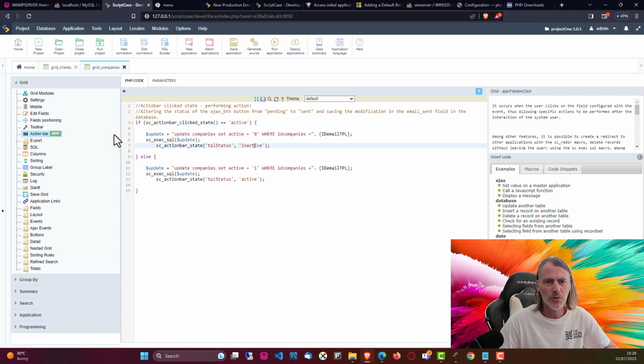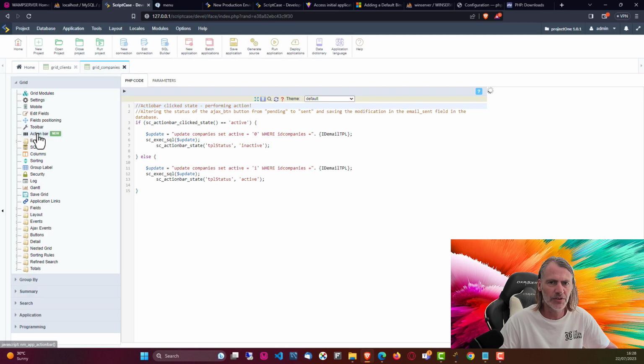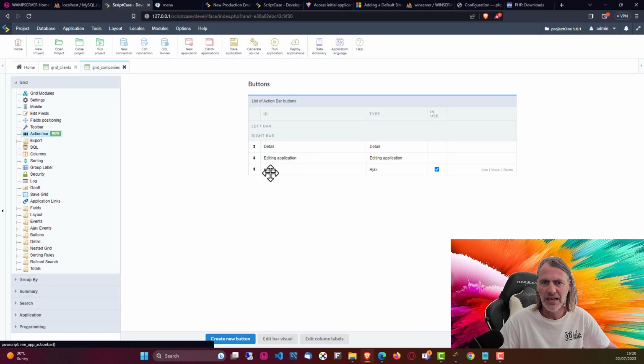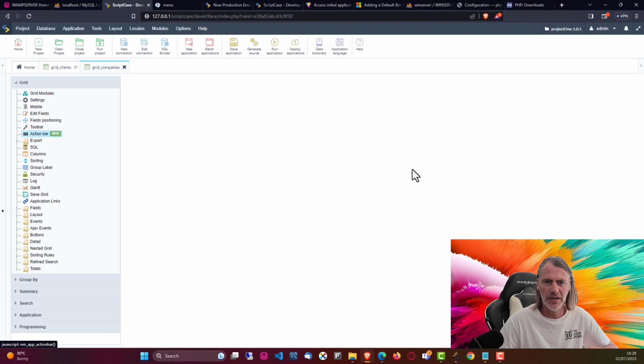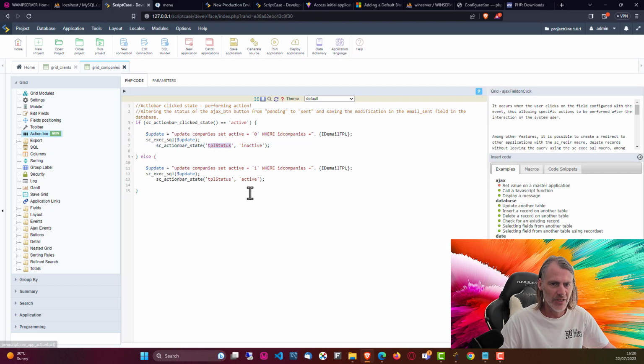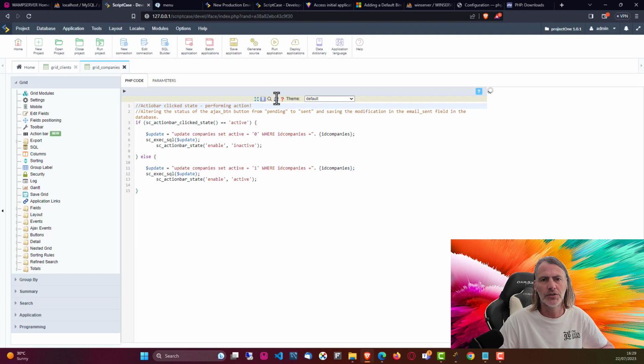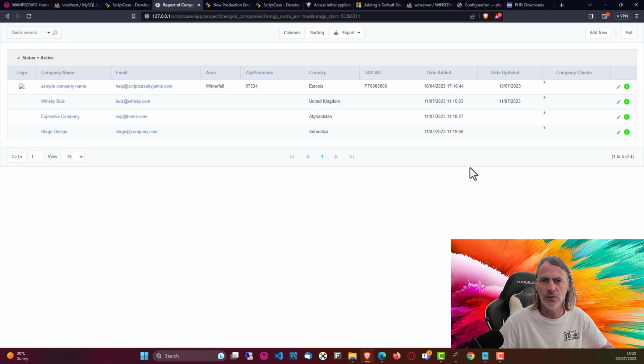And now, of course, we have here our action bar button. So that was called then here enable. Okay, so let's add then in here our enable. So that then we assign this then also to this specific button. So the active status we still had from previous, we can pretty much leave that. Now we do still want to add here the ID companies into the ID field here, and then we're pretty much good to go. So we can just run that again now also, and there we now have a status,